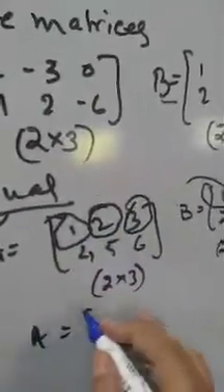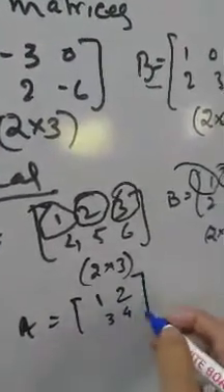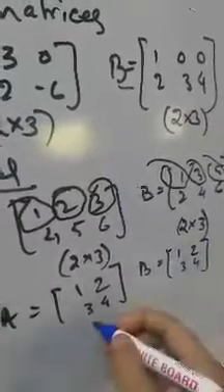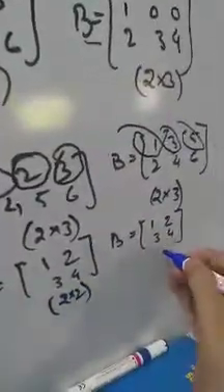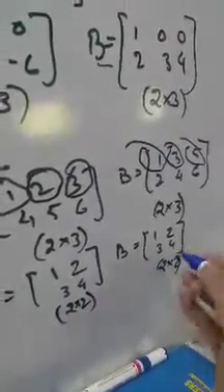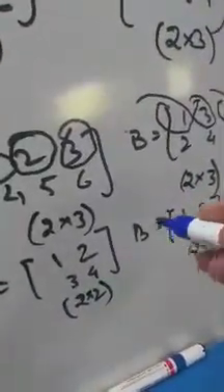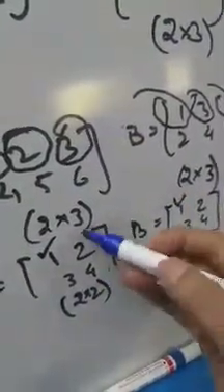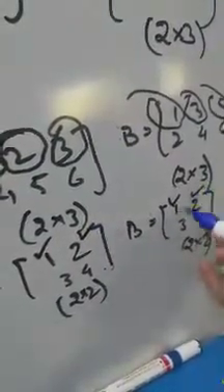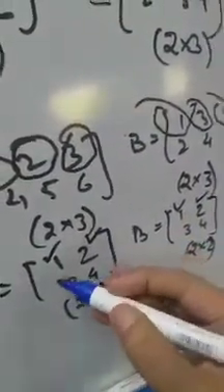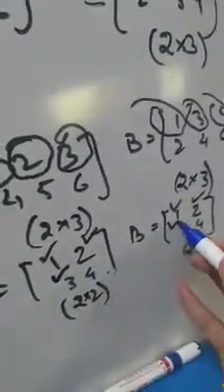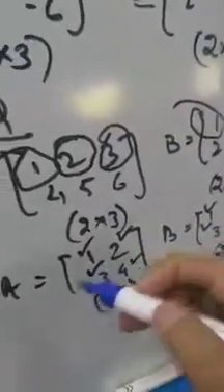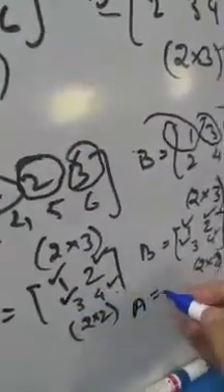If I write A is equal to [[1, 2], [3, 4]] and B is equal to [[1, 2], [3, 4]], now this is a 2 by 2 matrix, this is also a 2 by 2 matrix. So both orders are the same, so they are comparable. Now first row first column element here, first row first column element here, equal. First row second column element, first row second column element, both are 2, so it is equal. Second row first column 3, second row first column 3, second row second column 4, second row second column 4. So A and B, now we will say that matrix A is equal to matrix B.